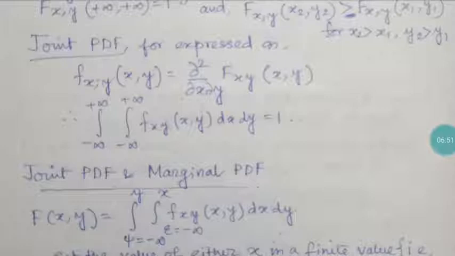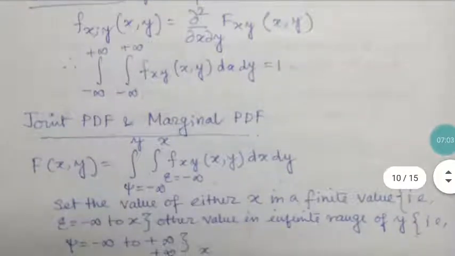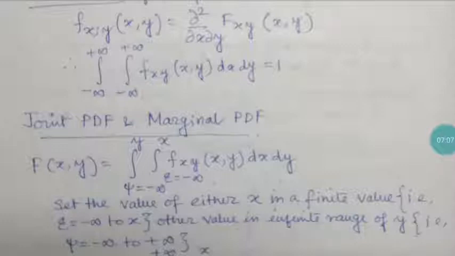So if you are integrating that function over x and y, where epsilon and psi are both minus infinity, obviously there should be one finite value on which f_XY of x comma y falls. So that result of the integration is called